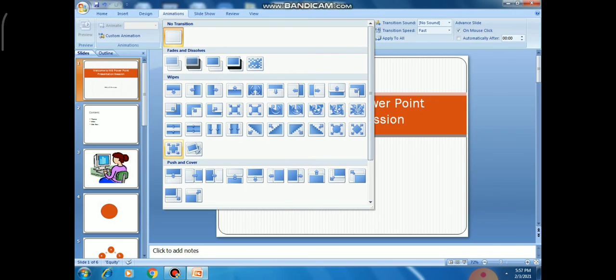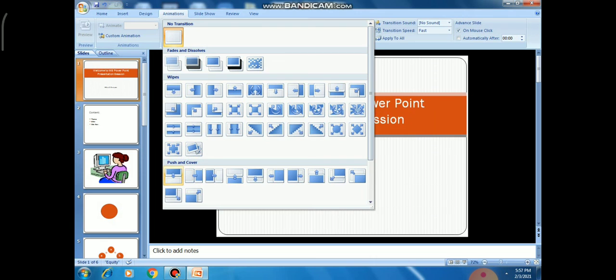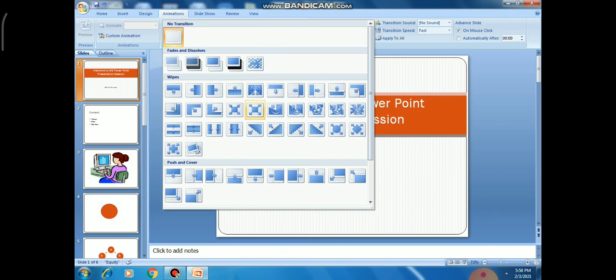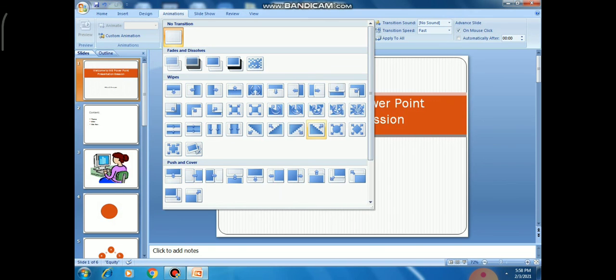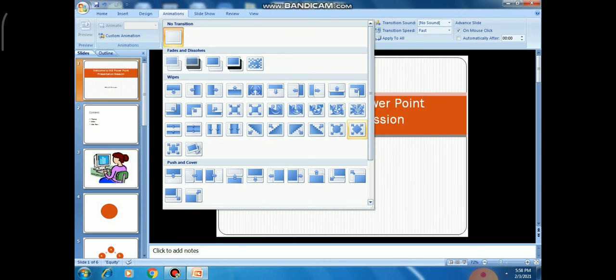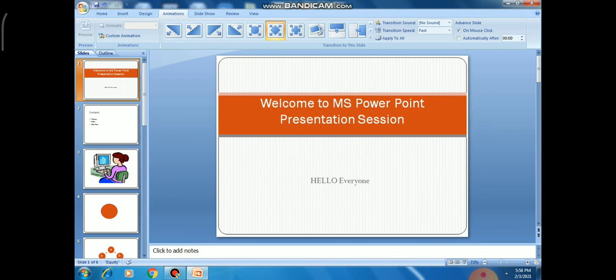Now I am choosing a particular transition, and after choosing it I can click on apply to all. With the help of this, the transition is applied to all slides.